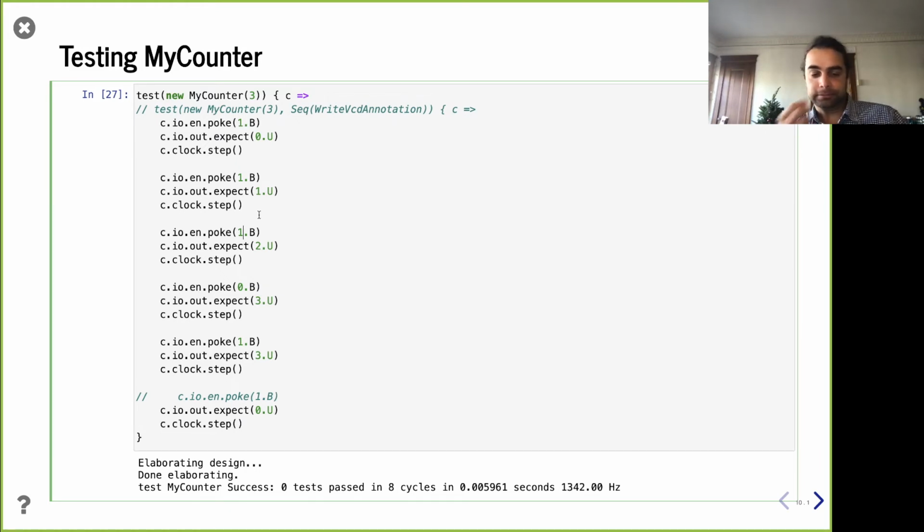The question is, why does it say 0 tests passed? We didn't make a proper test case. So test is some very convenient little shorthand to get us off and running. If we're actually doing the proper testing, we have to instantiate a little more boilerplate code and name the test. Then we have a properly named test with a description, and then it'll actually start counting. But in this case, because we're doing things quickly inside the interpreter just to get running,